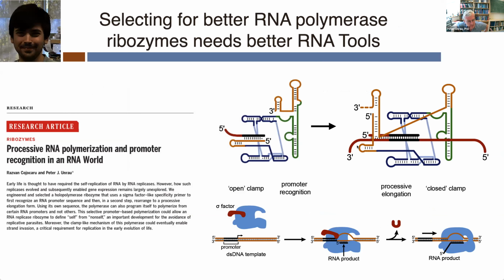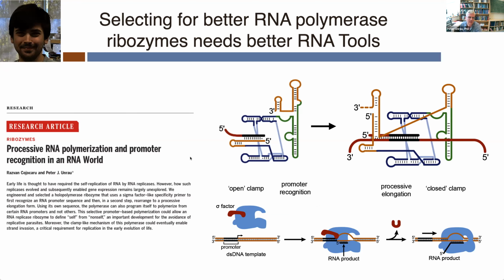So recently, Razvan in the lab has made an RNA polymerase that has clamping behavior, and this is shown schematically here. It has an oligo that it extends, but it uses this oligo to find a promoter and then extend it after it's clamped onto the template. And this is very much analogous to the way that protein enzymes find a promoter and extend it in an elongation mechanism, let's say in bacteria where you have sigma factors. So to go further than this, I'm just going to have to continually develop better tools.